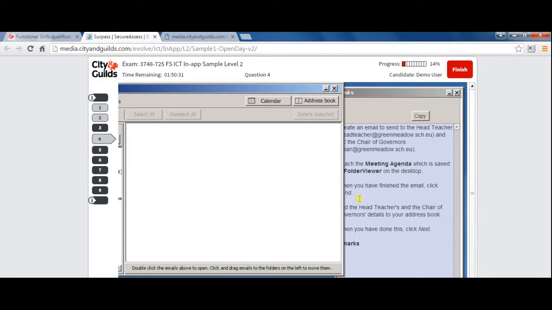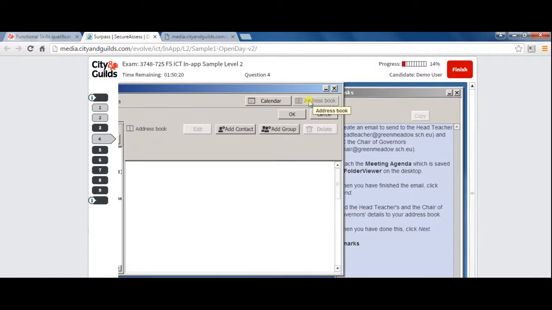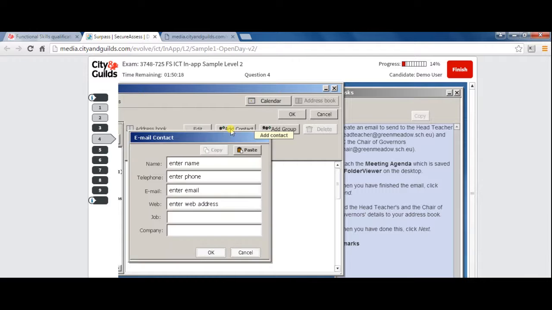Okay, the other section of the question wants us to add two addresses in the address book. So we need to press on address book and add contacts. The first one was head teacher. I don't know the number, so I'm going to leave that. And we know that the email was